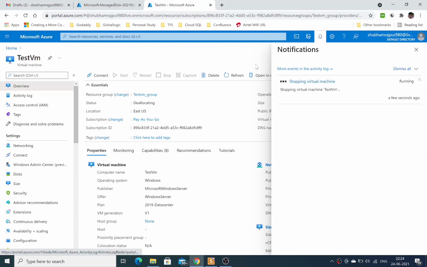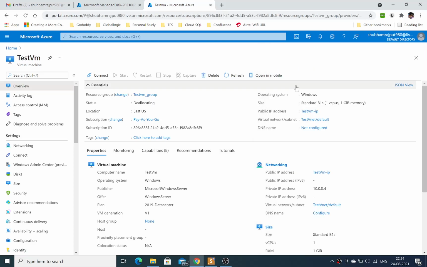Actually it is a time-taking process, so it will take some time. Yeah, my virtual machine is stopped. Actually, I should have already switched off this virtual machine so that it would not take so long. Okay, yeah, now the operating system disk swap is completed.